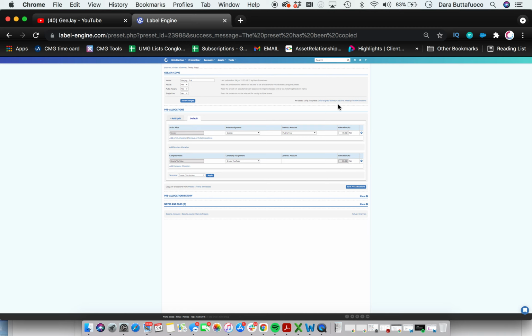So here we're going to create another preset, and this time it's going to be for SoundCloud. So I'm going to copy this preset, and here we have the pub copy. We're going to want to change that again to SoundCloud. SoundCloud, save changes, and again, a new account,